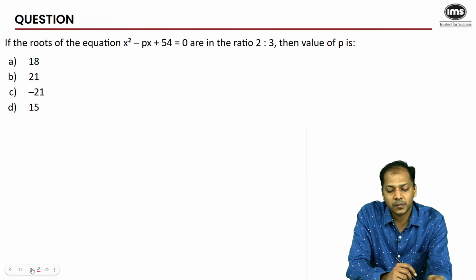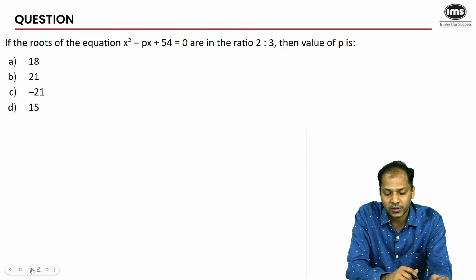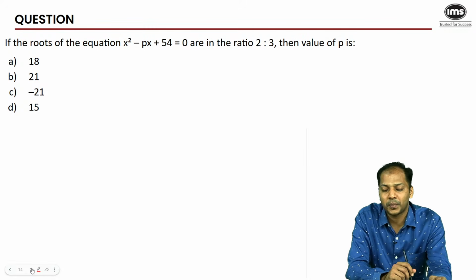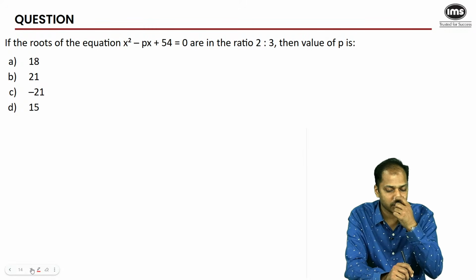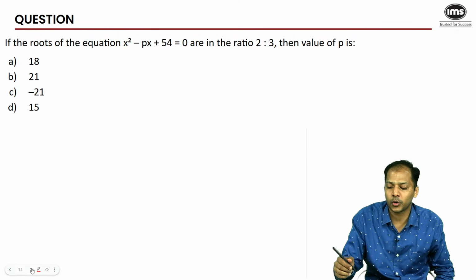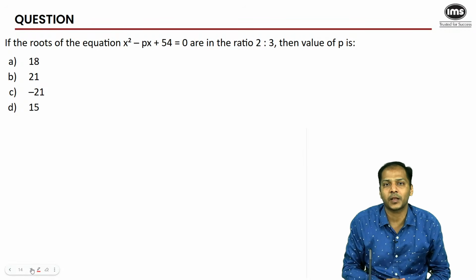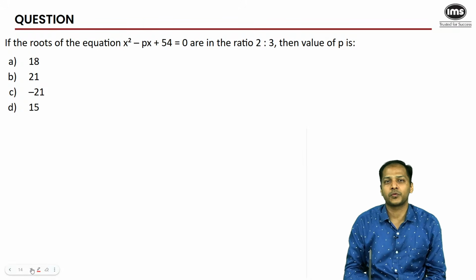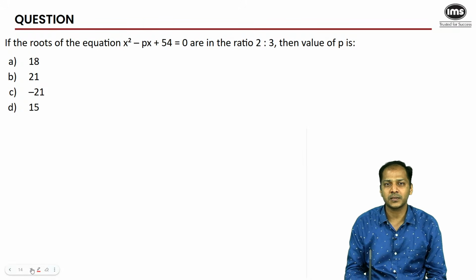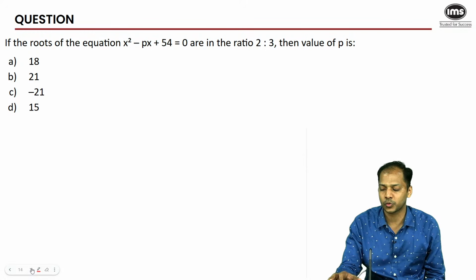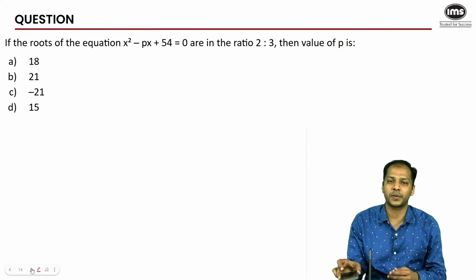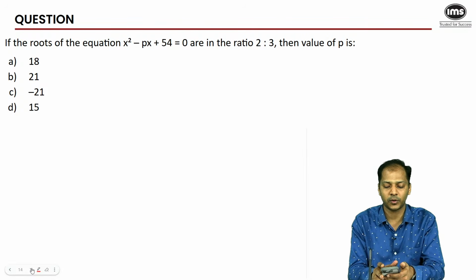Okay, another question based on quadratic equations. You've been given roots, their ratio, and they've asked you to find the value of p. Pretty straightforward. Okay, let's do it. You'll do it first in your way and then I'll tell you my method. Maybe half a minute is enough for this question. So think about it for 30-40 seconds. Probably you should be able to reach close to the answer. Okay, so start. I'm giving you almost a minute. See if you're able to get to the answer.